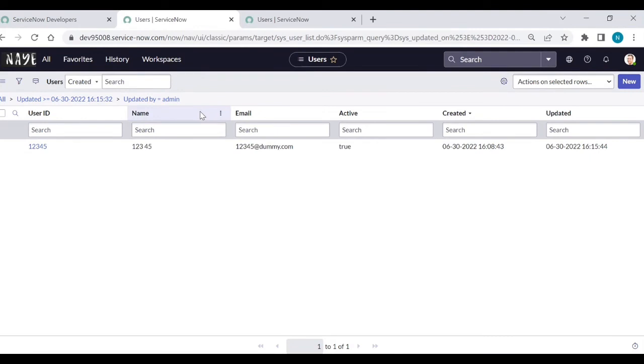For example, this instance is like a dev instance, and you have another instance called the production instance. You have created all the user records in the dev instance. Now there are no user records in the production instance. So again, you would need to create user records in the production instance, right? That takes a lot of time. So the simple way to import is